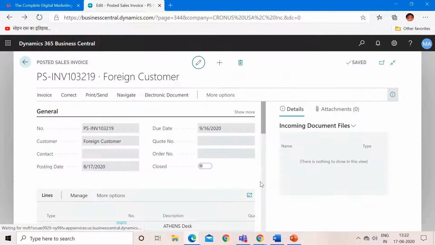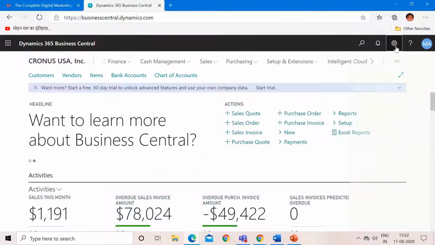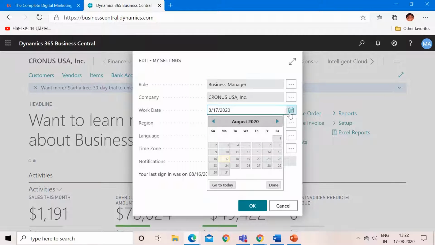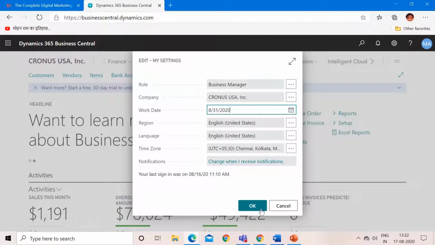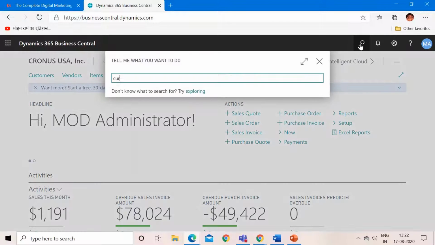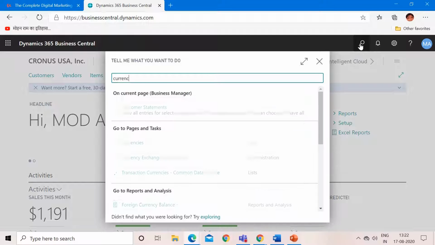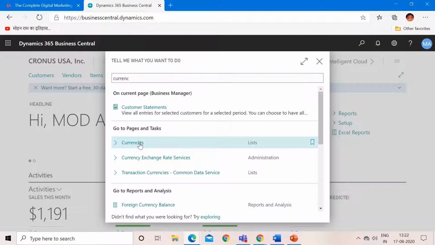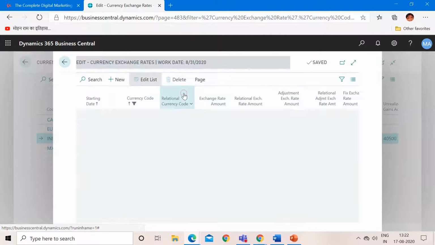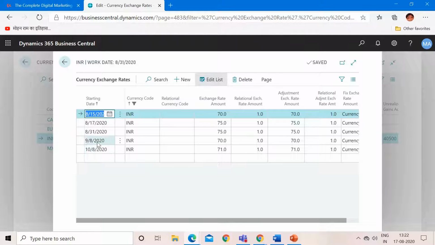Now let's say we are on 31st of August, and till then also we have not received any payment. Let me change the work date for my system. So till now we are on 31st of August, but we have not received any payment from our customer. Let me show you the currency exchange rate first, whether we have any exchange rate available on 31st of August or not. So this is our 31st August rate, and here